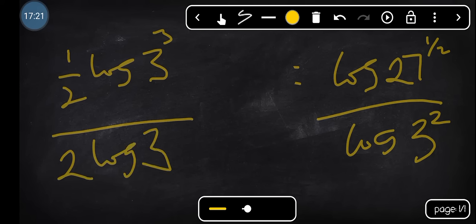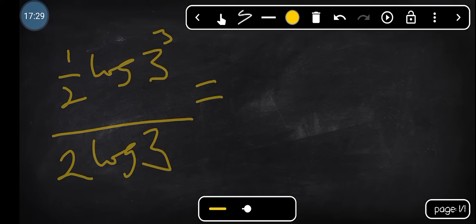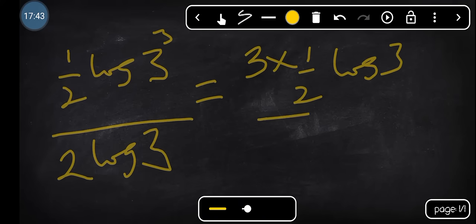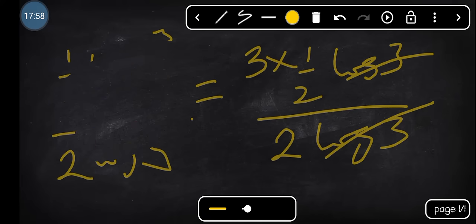So this will be equal to, of course, the power 3 multiplying half, that will be 3 times 1 over 2 log 3 over 2 log 3. Since you're having log 3, remember our 2 is here, this one cancels. So you are left with